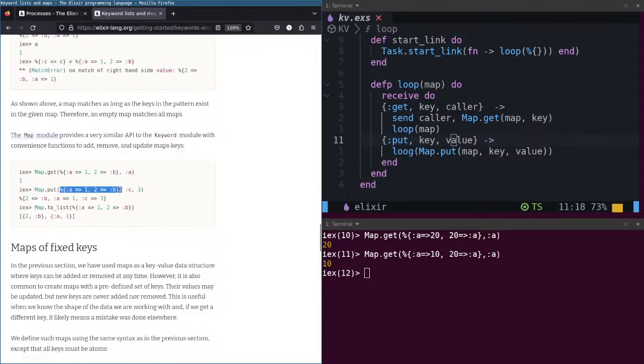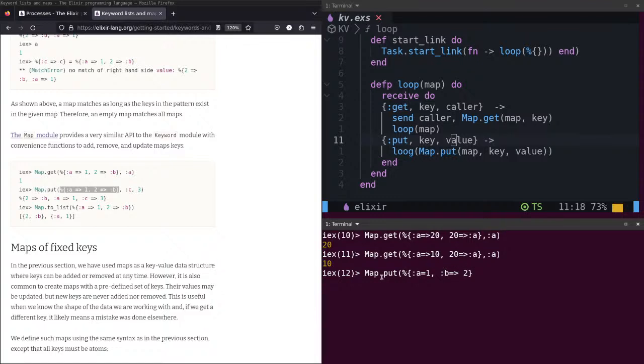Put is the same. Put is add. Map.put. I have a 1, b 2.